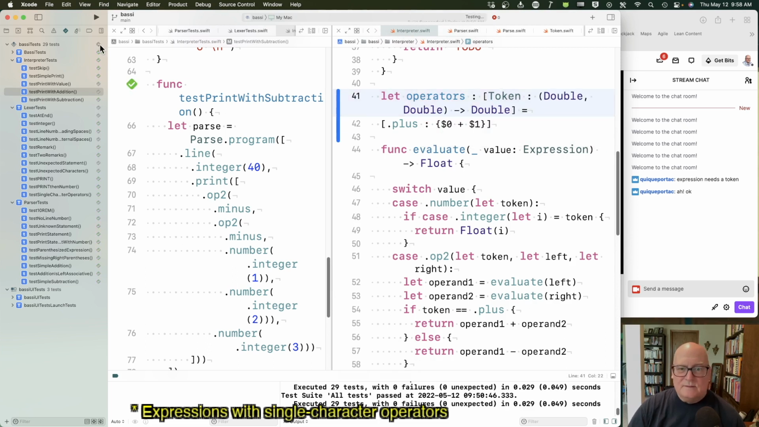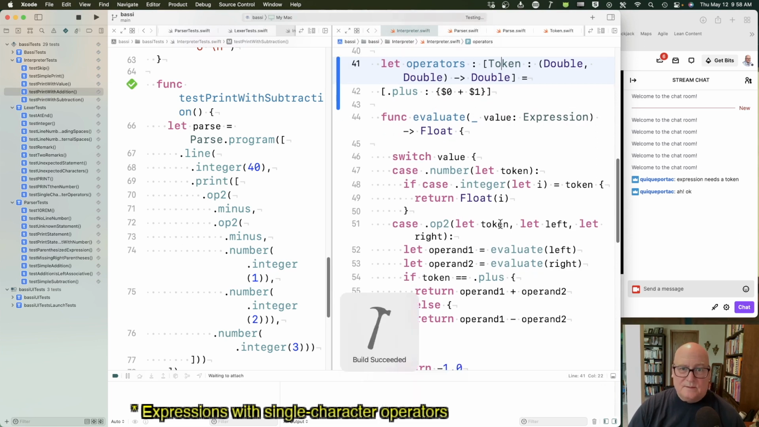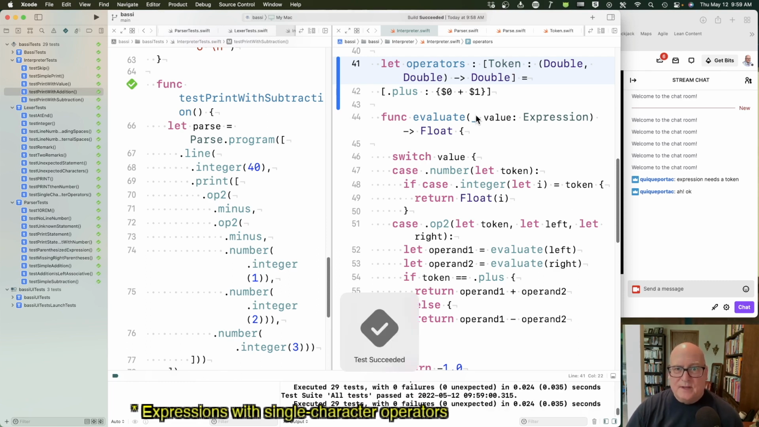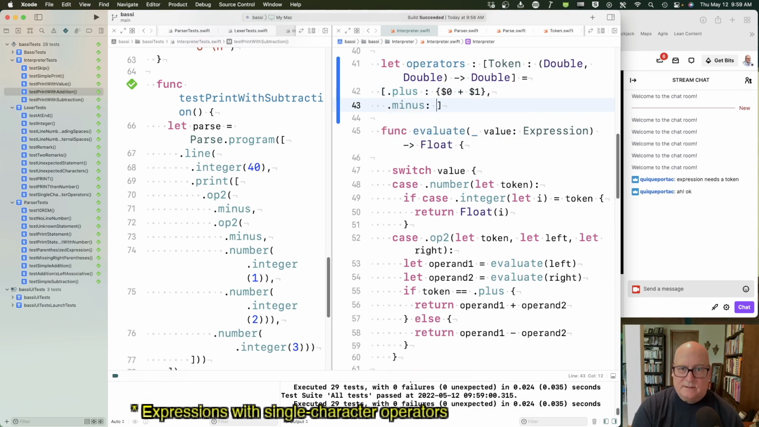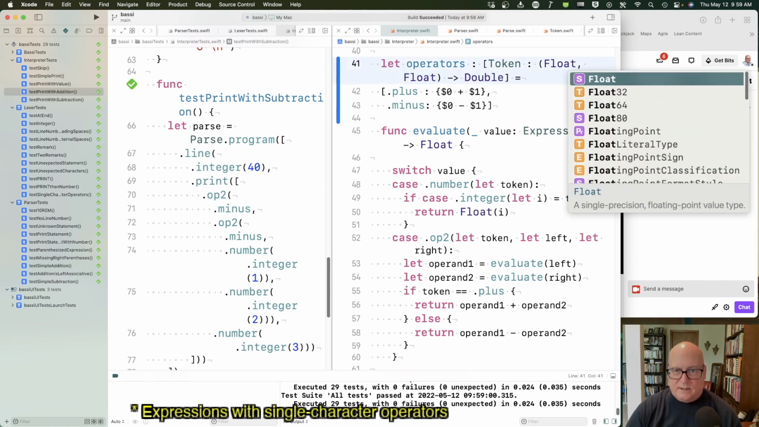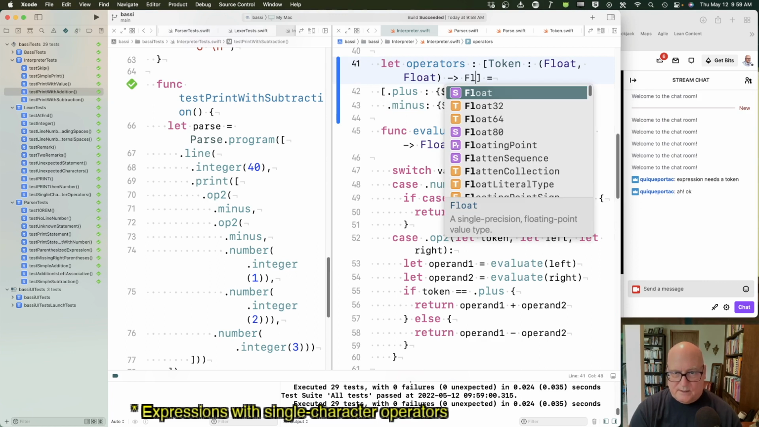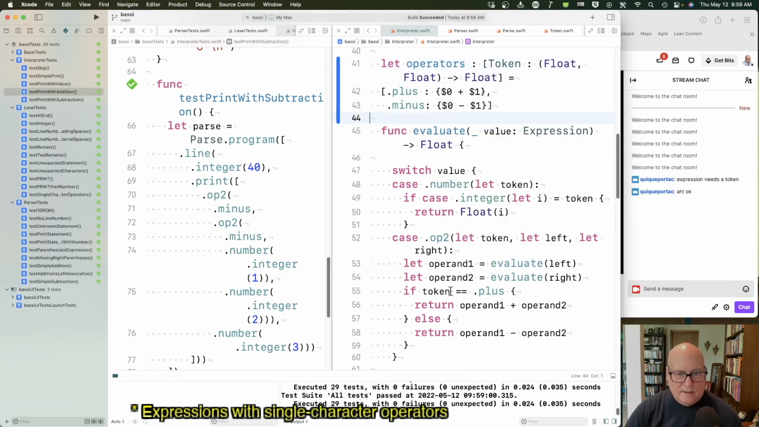All right. Let's just build and see if that all... We're not using it yet, so no worries. Should just pass, yeah. Okay. But you can see where I'm going now. I'm going to have dot minus goes to $0 minus $1. All right. And maybe this is float. We're keeping our types straight, I hope. Okay. And now,